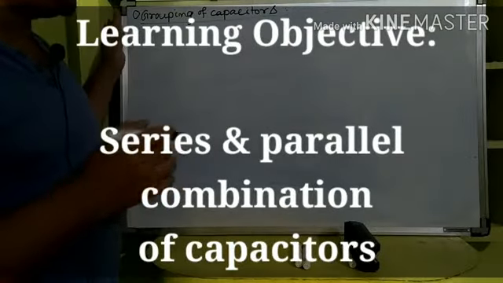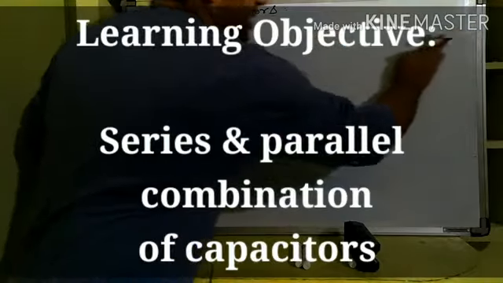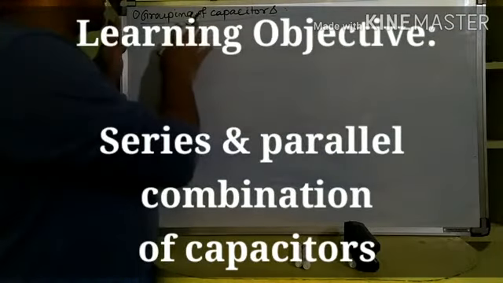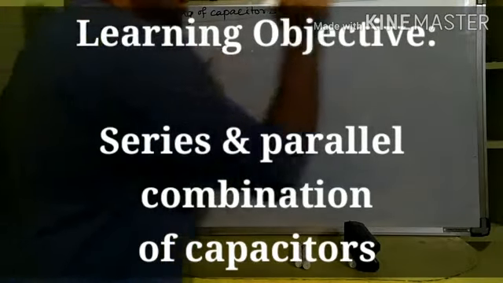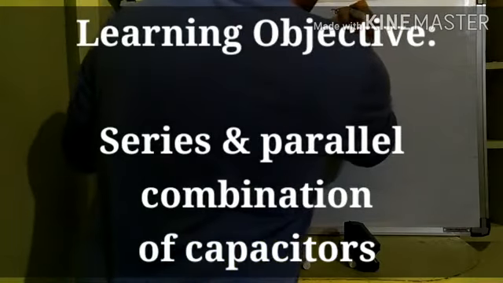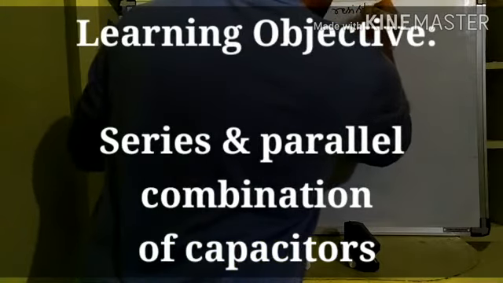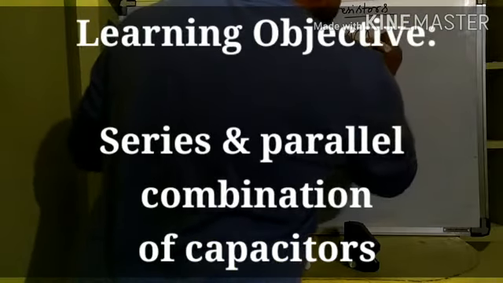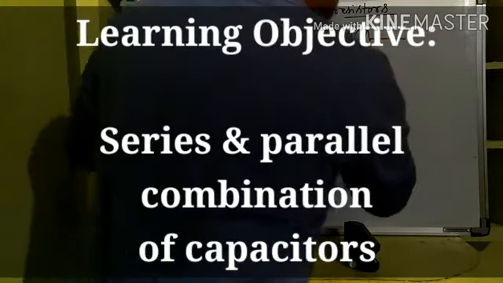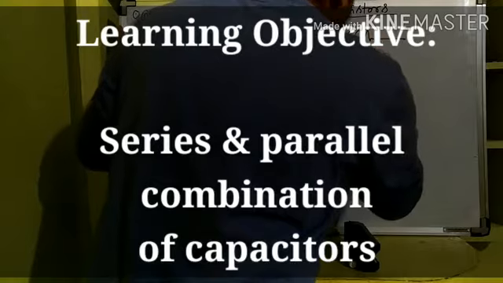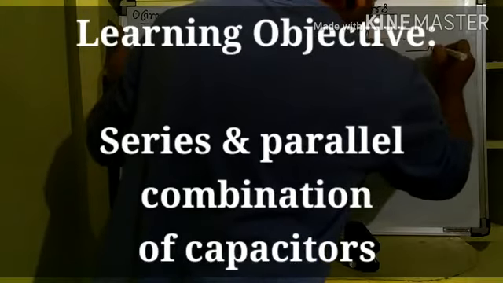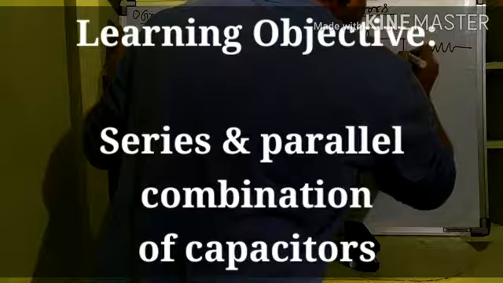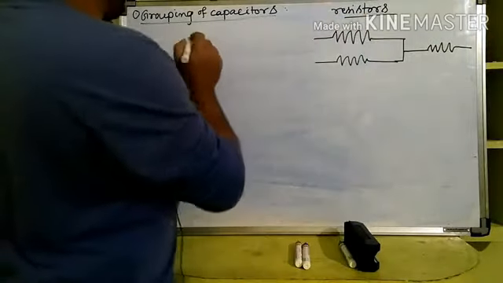Today's topic is a grouping of capacitors. Now, whenever we are talking of a grouping of capacitors, you already have the idea from resistors in earlier classes, right? These are the symbols of resistors. Two resistors can be connected serially or parallelly. What is series, what is parallel connection? The idea is necessary. Anyway, you might have forgotten, that's why I am clarifying it.